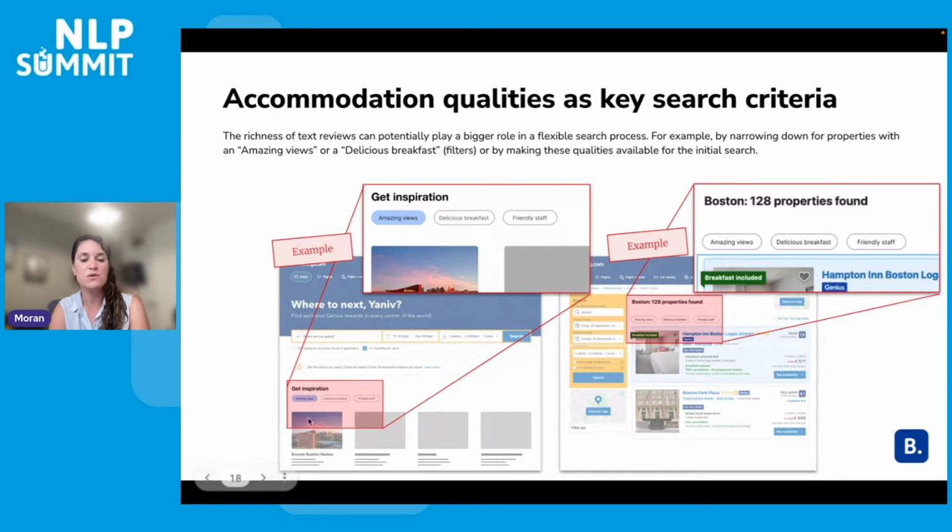Then the user will get the destination where this topic is relevant and very important. And the same for the property side, where guests can find properties that have specific topics, for example friendly staff or delicious breakfast. So we can filter only properties that are highly positive in reviews discussing these specific topics.